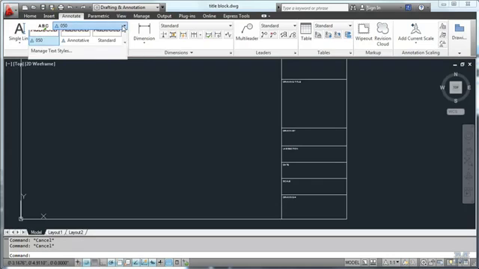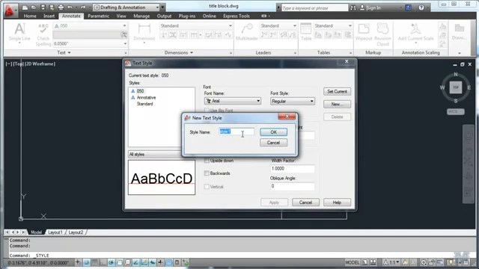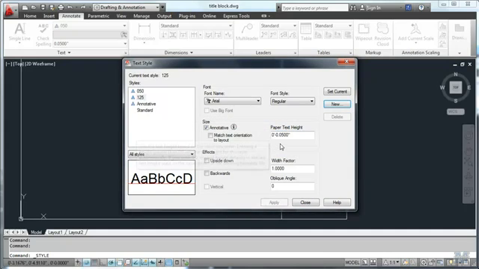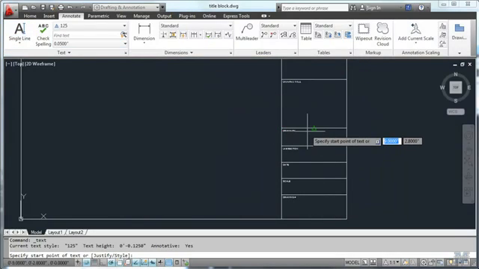Now let's do another text style, one at 1/8 inch high. So I'll call that 125, and put that in here. Notice I'm using Arial as a font. You can use whatever you want, pretty much. If you have to pick it, go ahead right there. Apply, close, and then let's use the single line text tool again, and we'll start with drawn by,